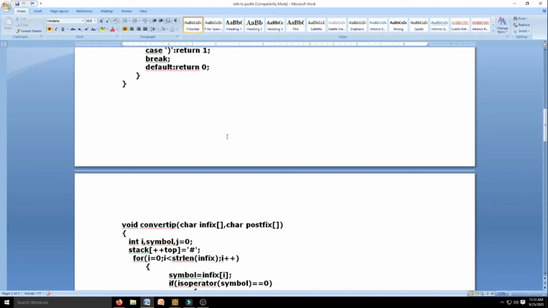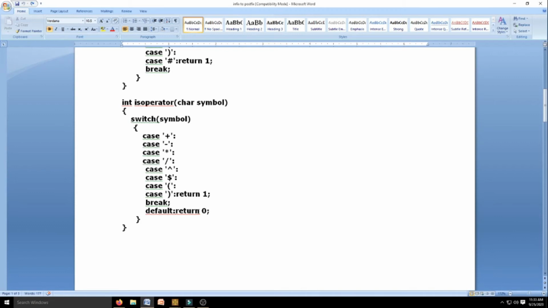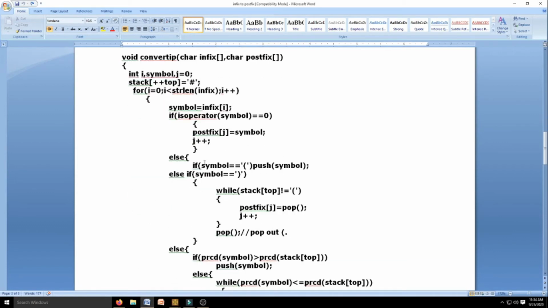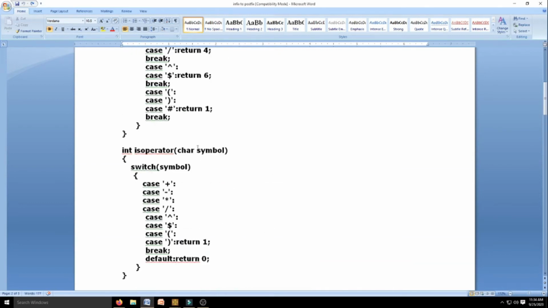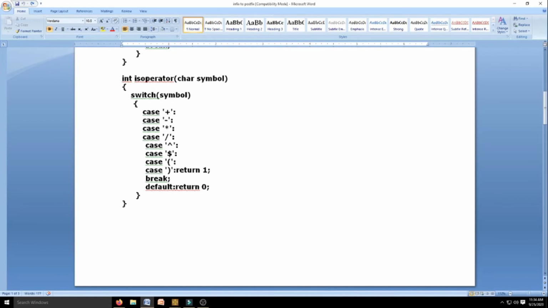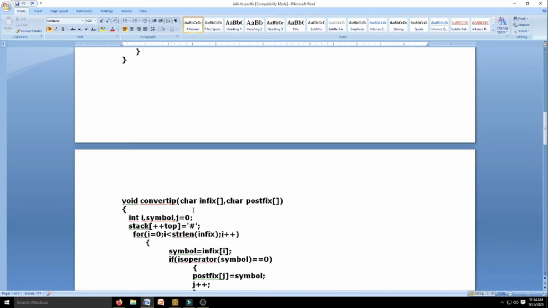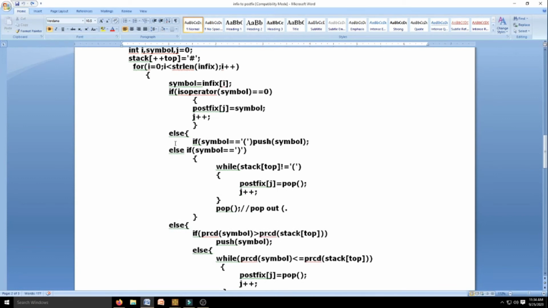Then if the return value is 0, it means it is an operand. If it is an operand, as I told you that day, simply transfer this symbol into postfix. If the operand has arrived, transfer it to output, then increment this j. If it is an operator, how do you know? When you call a function called isOperator, it returns 1. So if it is returning 1, now you can see from this,